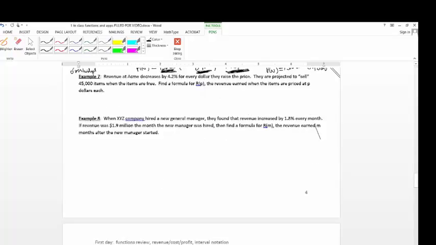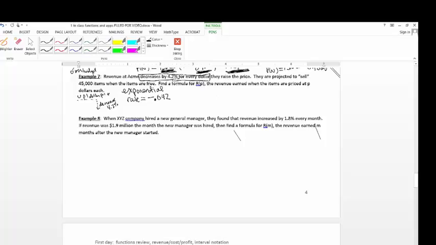Revenue at Acme decreases by 4.2% for every dollar they raise the price. So you go up $1 in price, you decrease by a fixed percentage, 4.2%. Remember, behavior like this is exponential. They're saying we have an exponential function with a fixed percentage rate. In this case, the function's decreasing, so the rate is negative